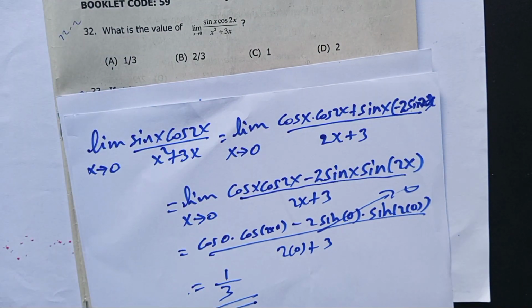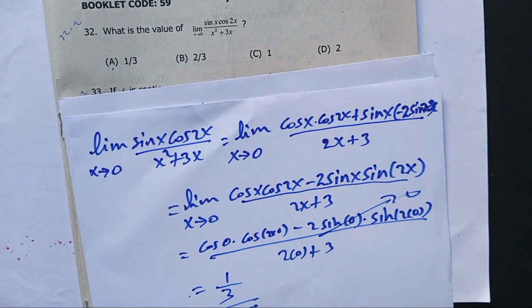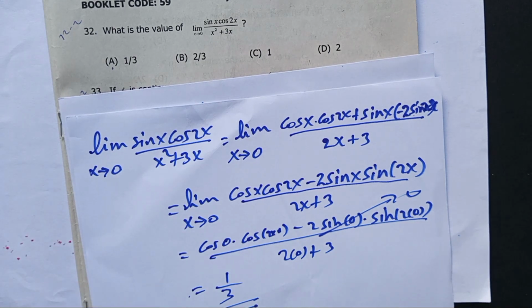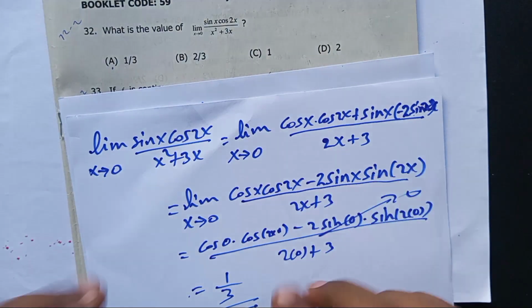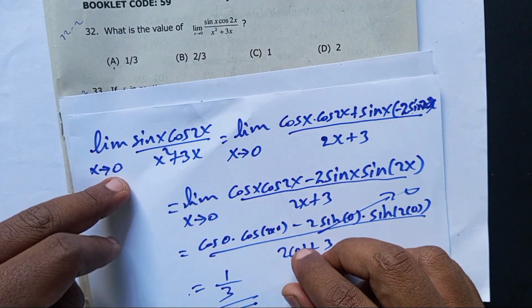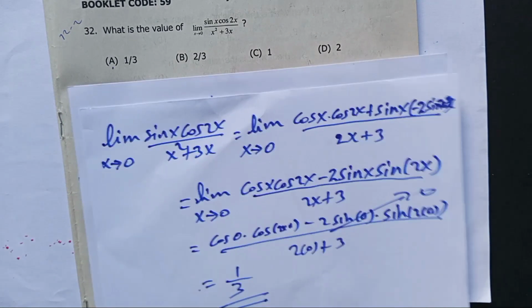So this is an easy way of finding limits when the form is either 0 over 0 or infinity over infinity, using L'Hopital's rule. Take the derivative of the numerator and the derivative of the denominator, when substituting that point makes 0 over 0. Again, another example from an entrance exam